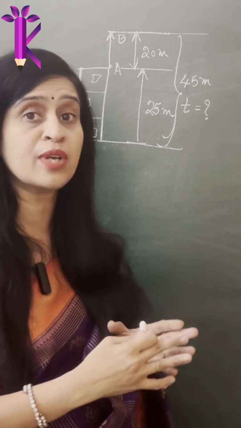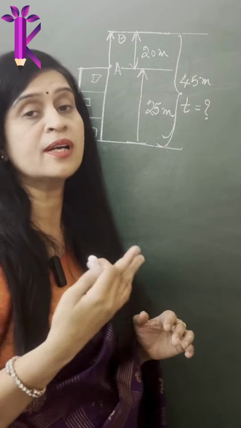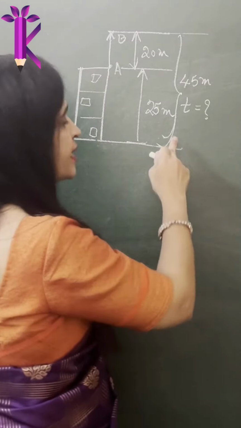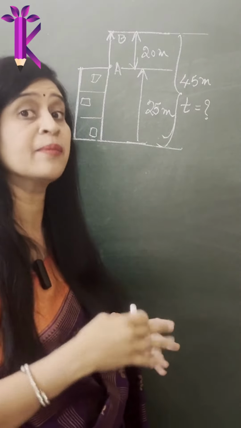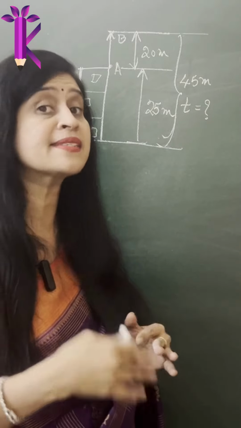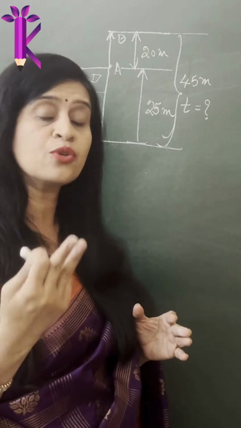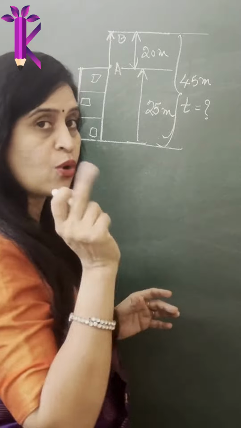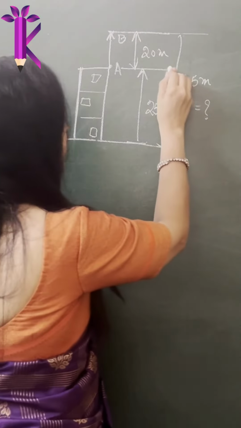And if you are asked to calculate what was the total time taken by the ball before it hits the ground, how do you calculate the time? Interestingly, you'll have to break this numerical into two very interesting pieces and you get to use two different equations of motion. So let's split the problem into two things.